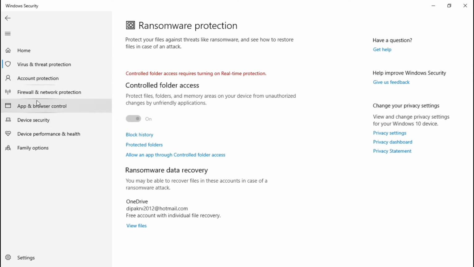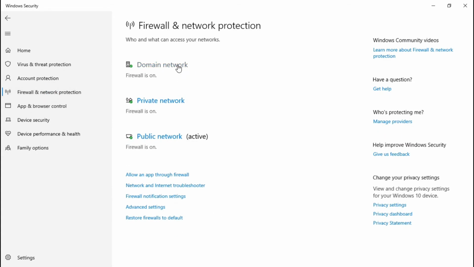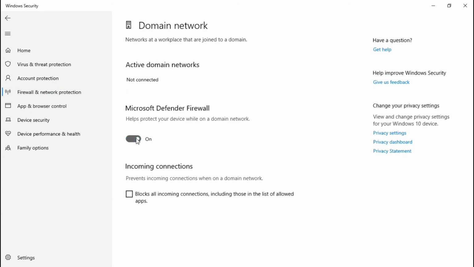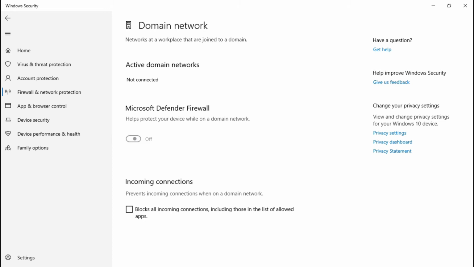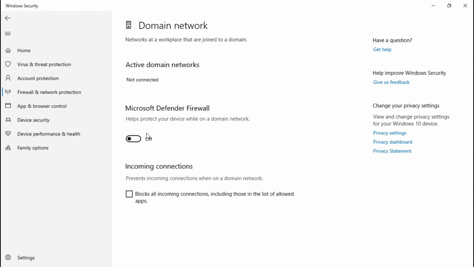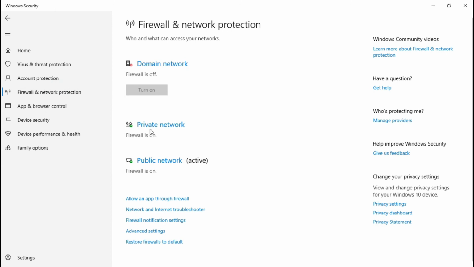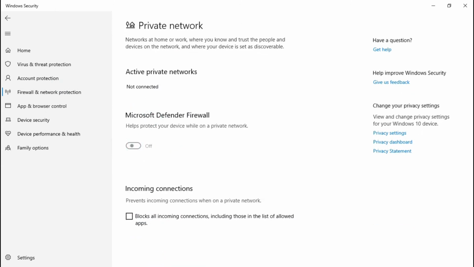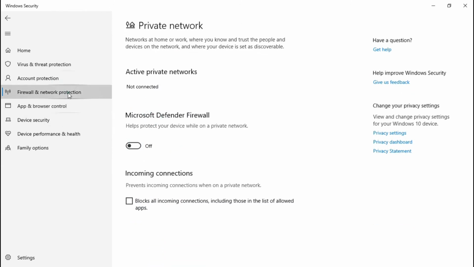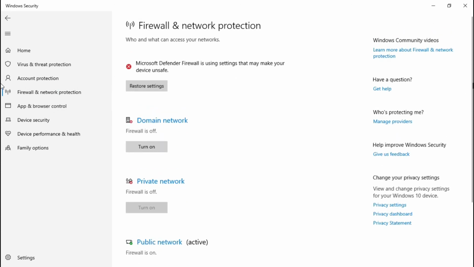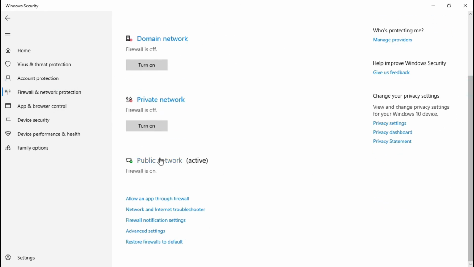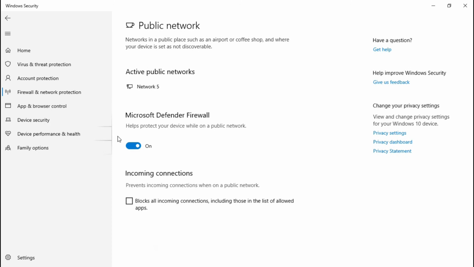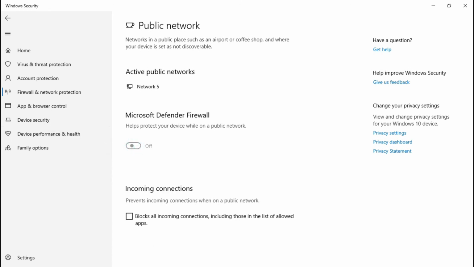So now we will disable firewall and network protection. Make sure you disable all the settings in firewall and network protection.